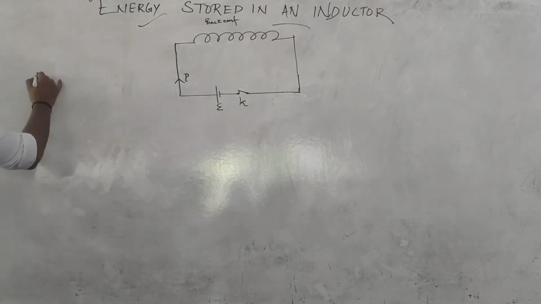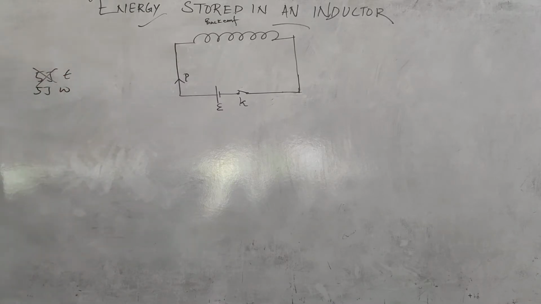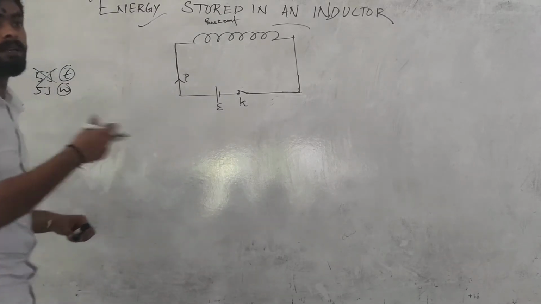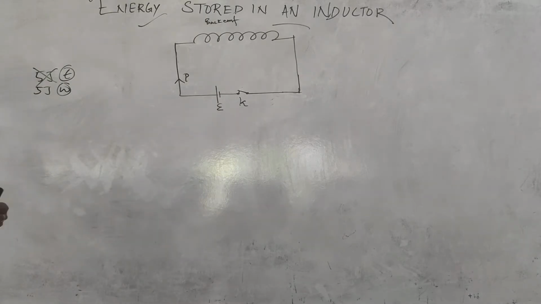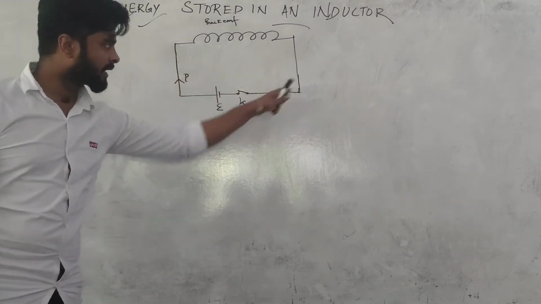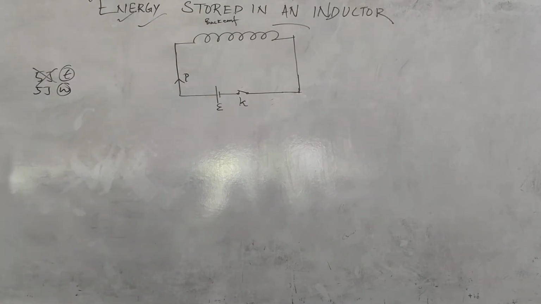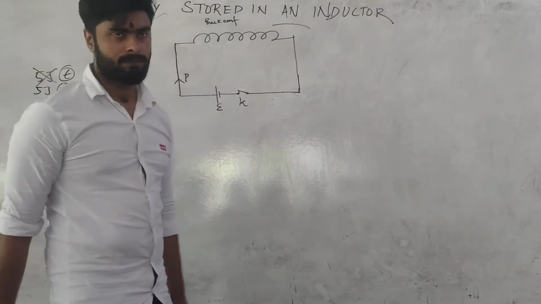You will do only that much work as equals your energy. If you have 5 joule of energy, you will do only 5 joule of work, right? Because after that your energy will be exhausted. So energy and work are equivalent. In order to find the energy of any device, we find the work done by that device and equate it to energy. So here also we have to find the work done by the inductor to establish a current in this circuit, and say that work is stored in the form of energy.